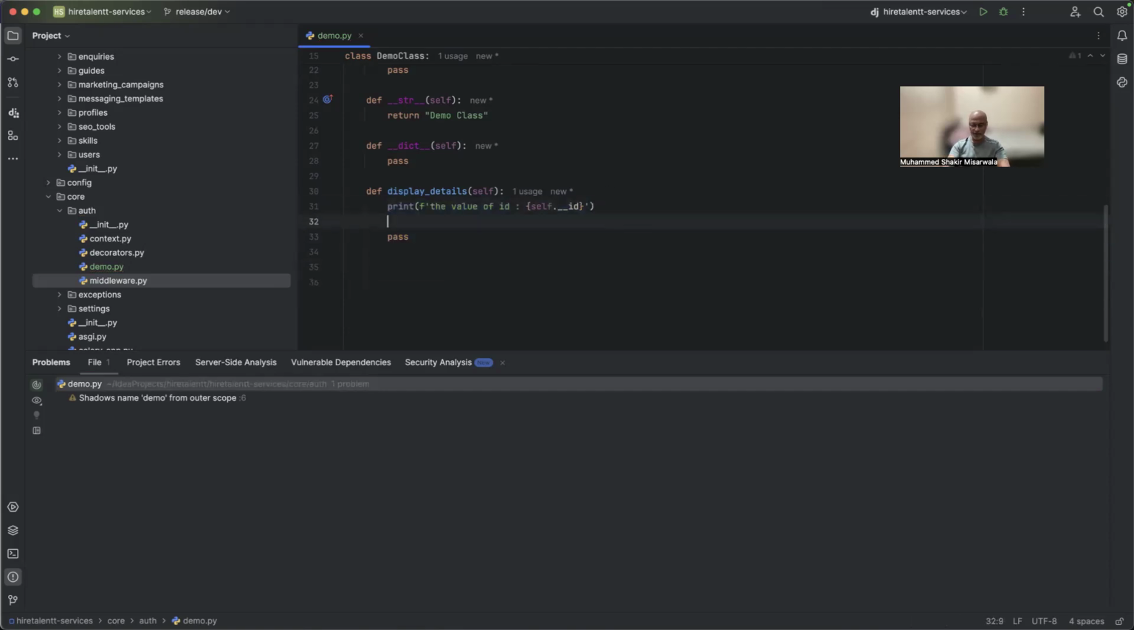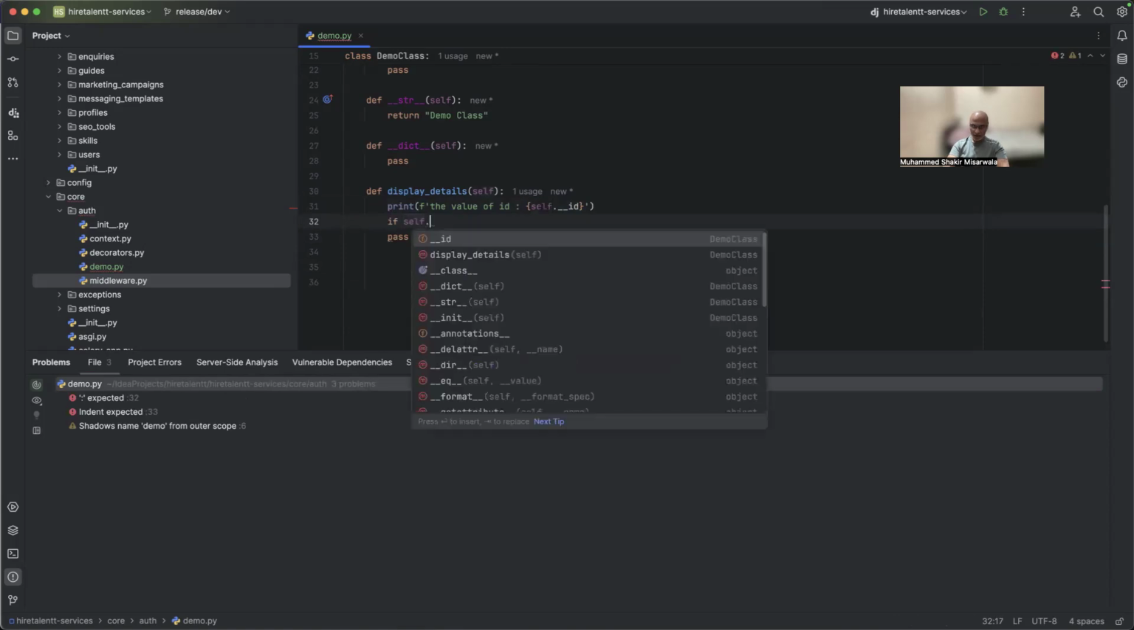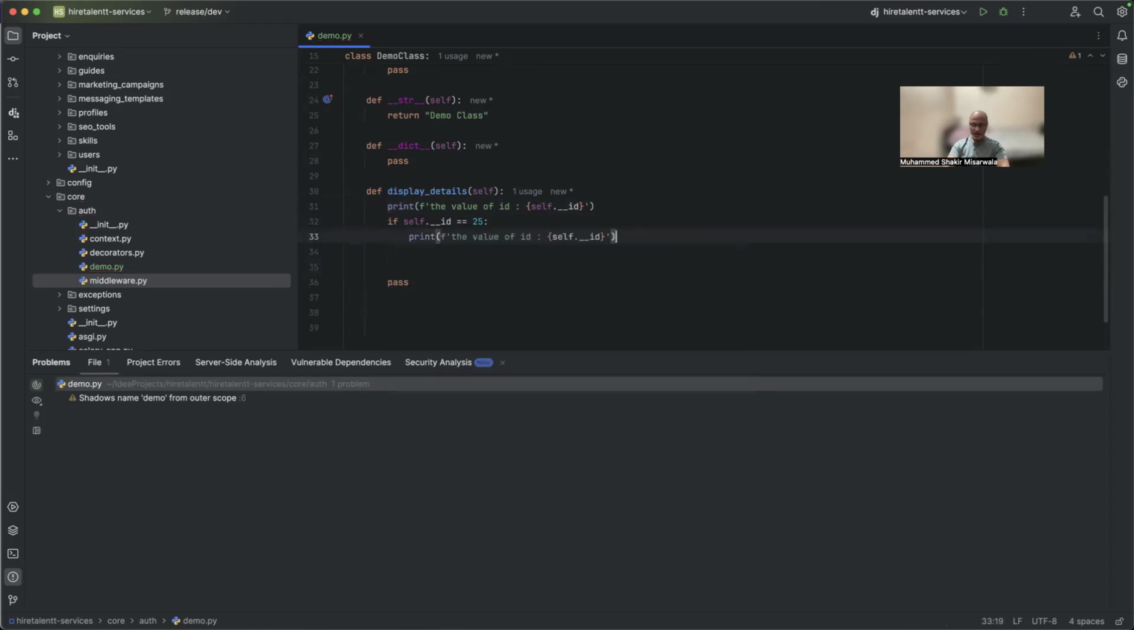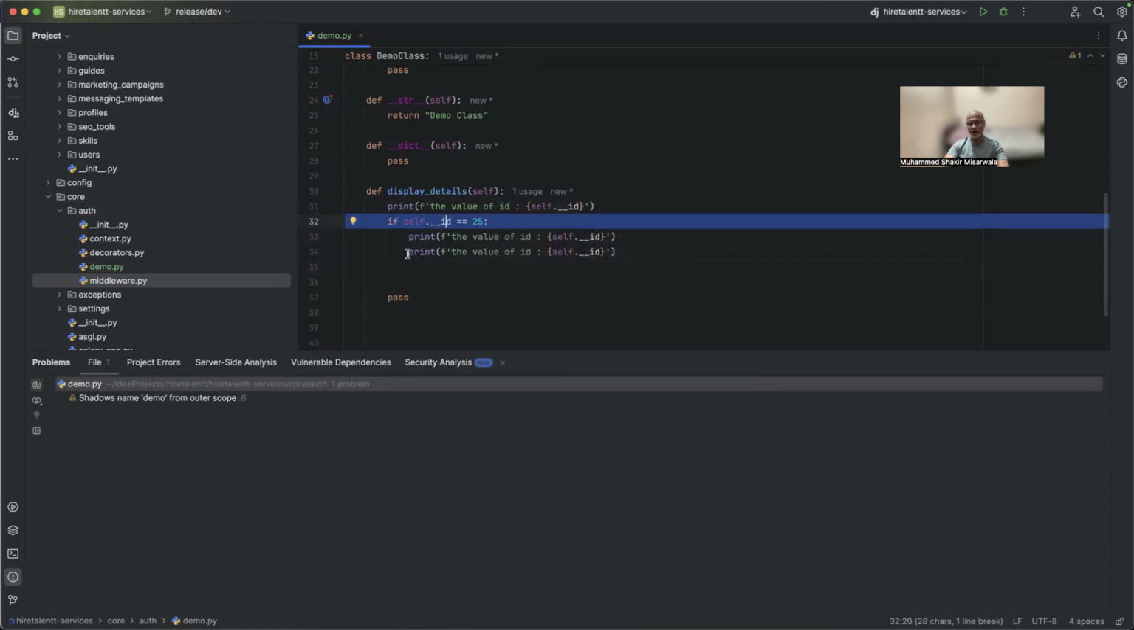If I want to give an if statement, I'll say if self dot underscore underscore ID is equal to 25. I'll give a colon out here and I'll put the statement over here. If I put it over here, it will be considered as a part of the function itself, not as a part of the if. And if I have some statement here, I say print and the value of this, and then print, and then whatever it is. So both of these statements are within the if. But the moment I put something like this, that means this statement is